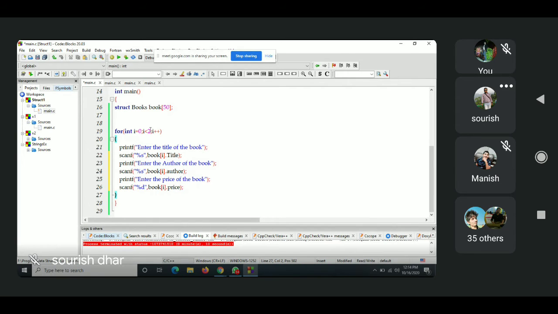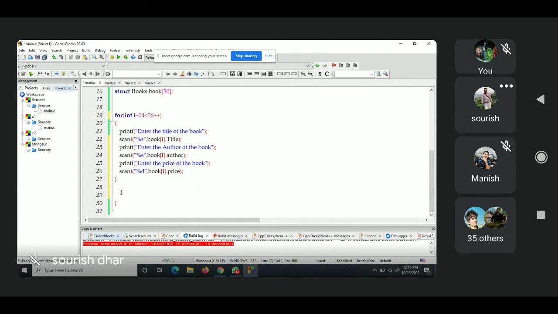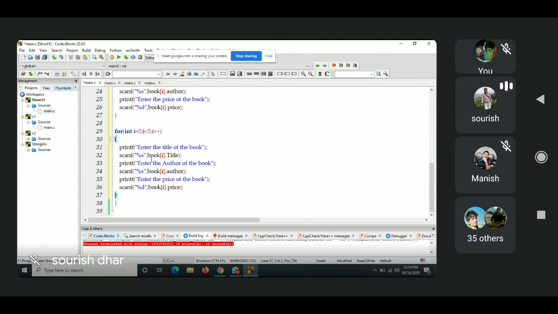Okay, let's suppose I want 0, 1, 2, 3, 4, so 5 books. I will enter the details of 5 books. At the same time, I will print it after entering. So this is just printf functions.